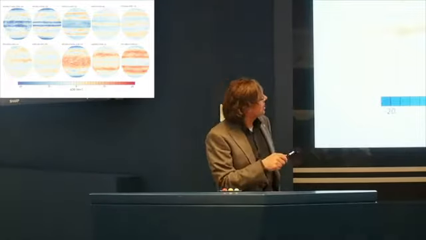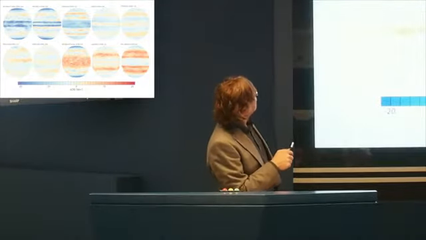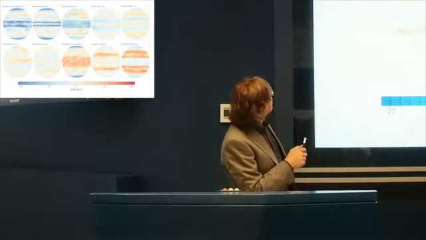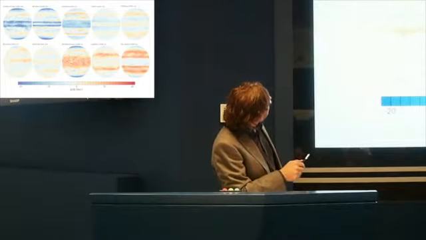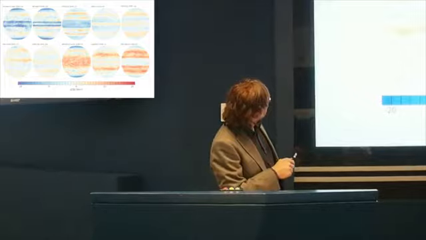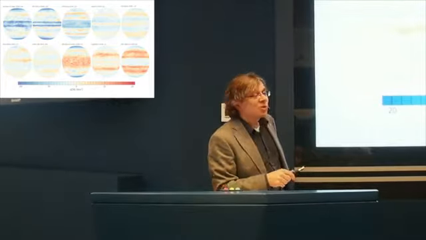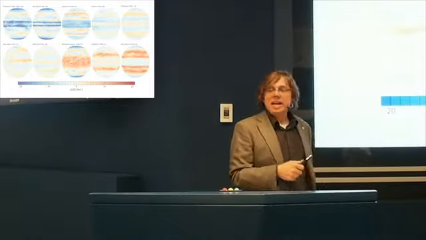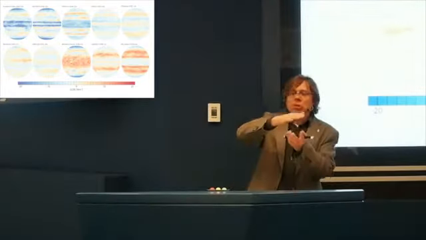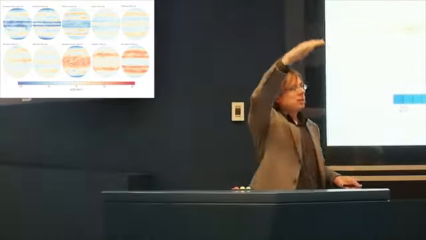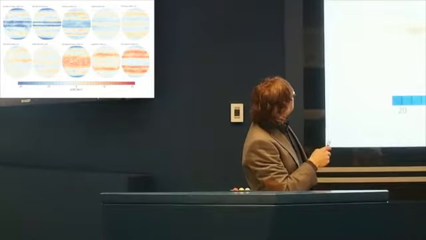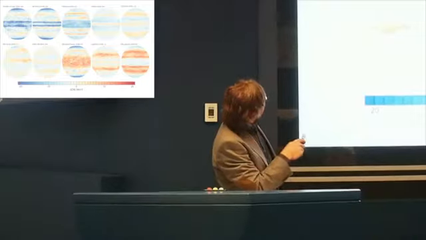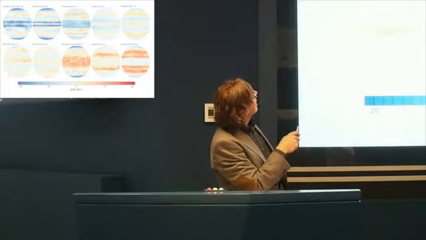But what you see is the models really don't have a clue. They have a bit of a clue. If you look long at this, you'll see some patterns which are robust. In the extratropics, they tend to all be orange up here from the expansion of the Hadley cell. So there's a few places where there seems to be robust behavior in how the clouds respond, because as the storms that are in the mid-latitudes retreat with the expansion of the Hadley cell, they do that in all of the models. But if you look through the breadth of the tropics, here the clouds are changing in a way